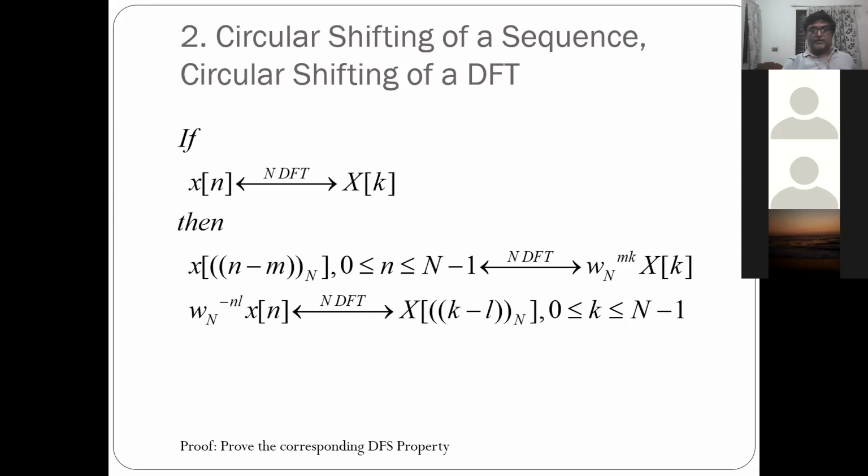So X of k minus L modulo N, for 0 less than or equal to k less than or equal to N minus 1, is a circular shifting in the positive direction of the discrete spectrum X of k by L samples. Circular shifting by L samples in the positive direction will result in a multiplication of the sequence x of n by a complex exponential. And now what is that complex exponential? W_N raised to minus nl, which is e raised to j 2 pi by N into nl. Is that clear? So it's somewhat like a modulation. So now what we'll do